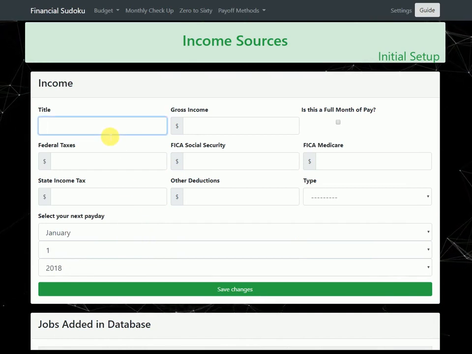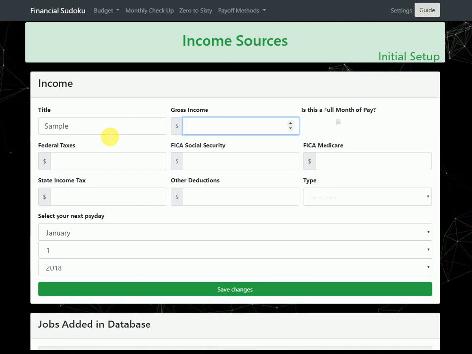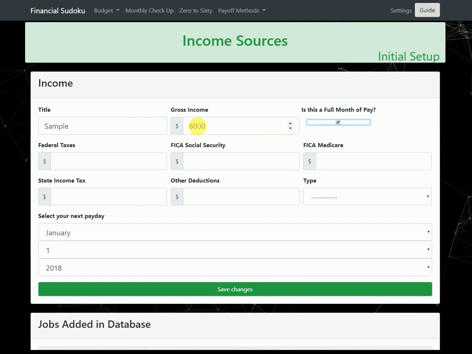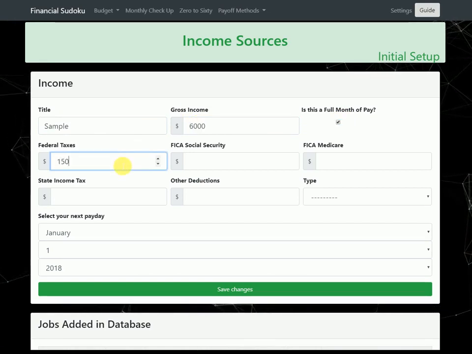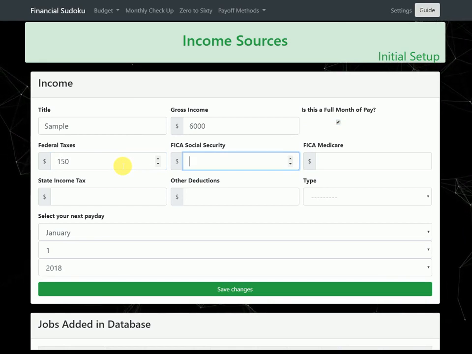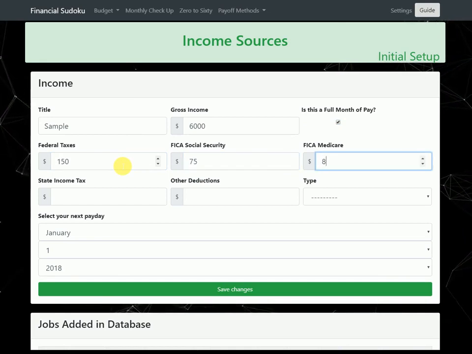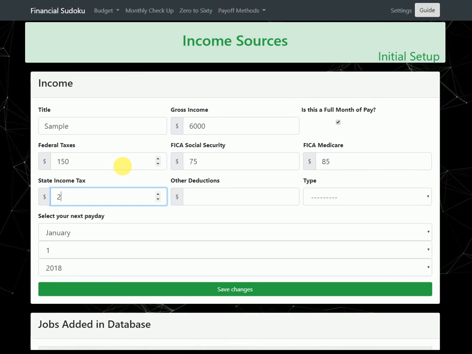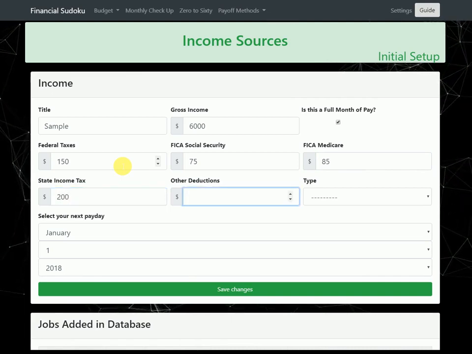So I'm going to go ahead and put in a sample job. And the income that we're going to create on this is $6,000 a month. It's going to be a full month of pay, so I'll go ahead and check that box. The federal taxes are going to be about $150 on this. Social Security, $75, Medicare, $85, state income tax, $200, and state kills me, and I'm not going to have any